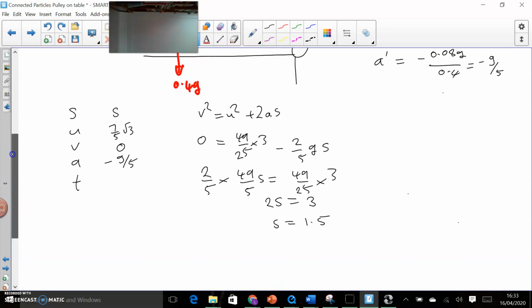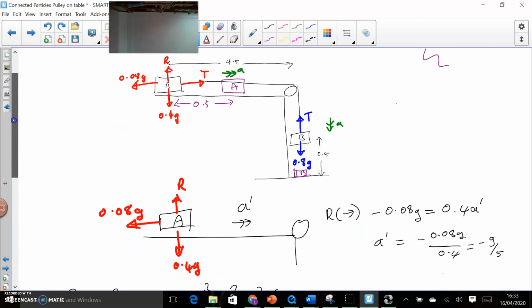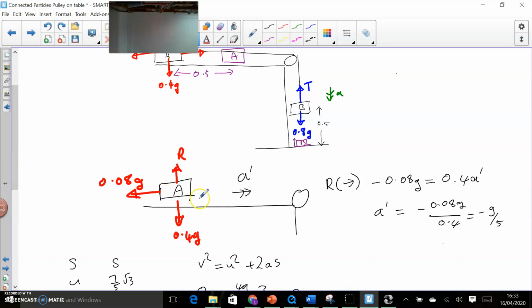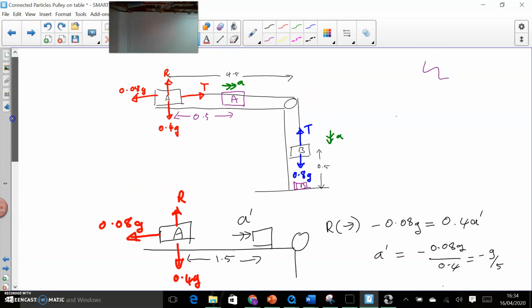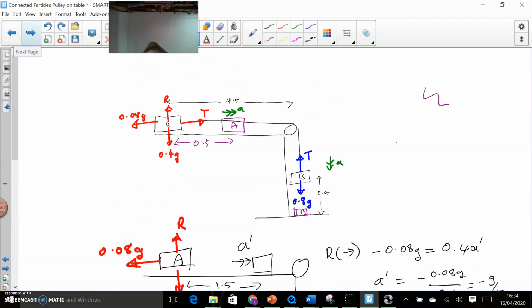So the displacement of A is 1.5 meters. That would be the distance moved before it comes to rest. So A will be moving somewhere over here, and that is 1.5. If you remember the original question had the distance from A to the pulley as 4.5. So we can see it's moved 0.5